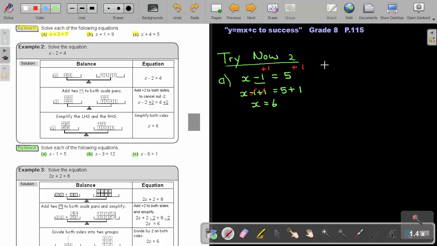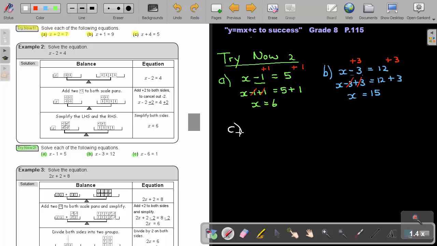And then I'm going to look at number B. So it's x minus 3 equals 12. Okay, now again, I want to get rid of the minus 3. Remember, the number grabbed the sign in front of it. So what will cancel negative 3? It will be positive 3. So let's just rewrite it. So x minus 3 plus 3 equals 12 plus 3. Okay, and now what will happen? Cancel. So I will end up with x equals 12 plus 3, that's 15. We can test it. 15 minus 3, that will be equal to 12.